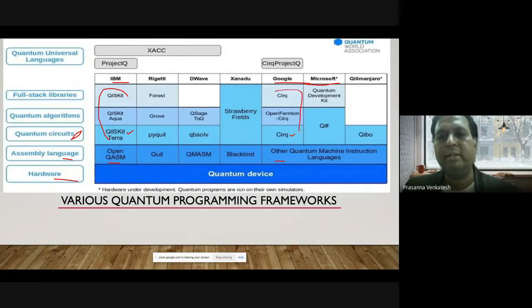In the way they are approaching this, both IBM and Google are predominantly at the forefront of the quantum computing space.